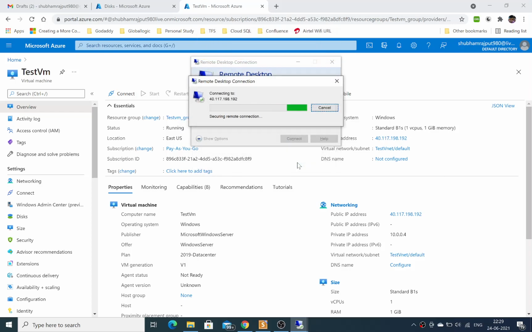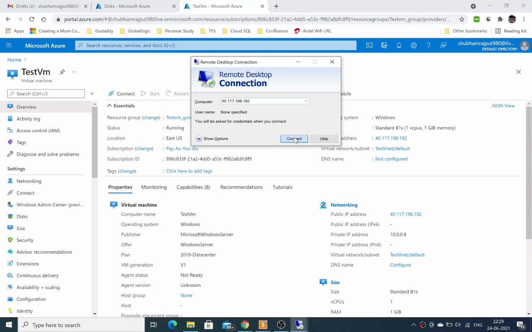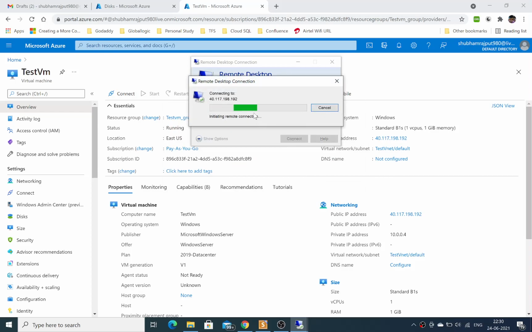So what we did previously, we deleted the file which was there on the desktop. After restoring with the snapshot, it will be available on this machine. Is my internet working or not?